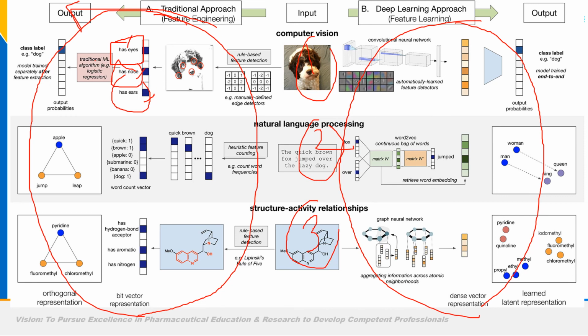On the other hand, in case of deep learning models or recent advances in machine learning, you do not have to do anything. You just submit this image in pixel format to the CNN, the convolutional neural network, and the initial hidden layers will take only simpler features, that is the edges and boundaries. Then the deeper layers will be responsible for extracting features that make up the image of a dog.